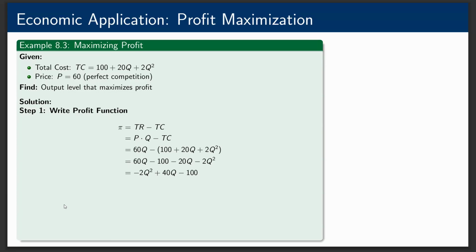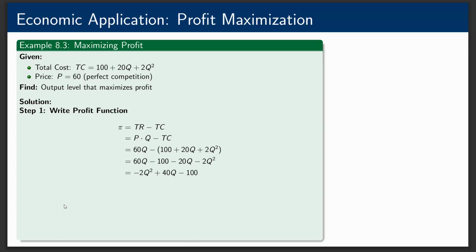How to get the value of Q? So we have to find out Q. It is not given. So P into Q minus the given TC, differentiate it. This is minus 2Q square plus 40Q minus 100. We have to maximize this profit. At what value of Q is the profit pi maximum? Or in other words, for what value of Q is the